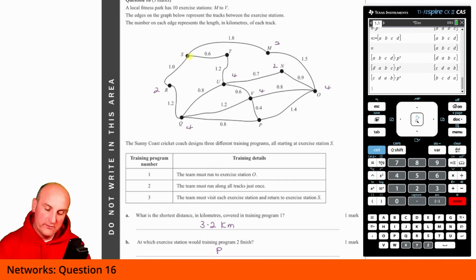So first things first, 0.6, 1.2, 0.8, 0.8, 0.4, 0.8, 0.9, 0.7. So basically you can work your way around, and I'm going to fudge this one a little bit, guys,